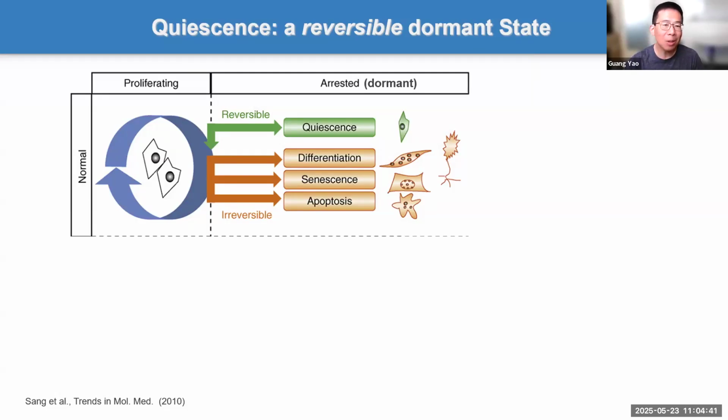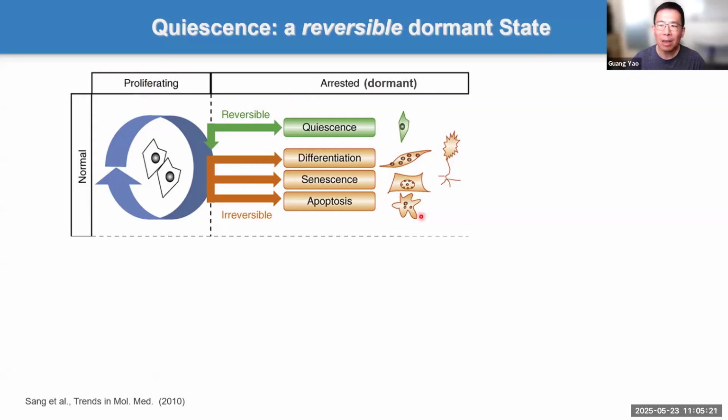And actually, anybody knows what percentage of cells are in the cell cycle while we are talking? It's a very small percentage. We know a lot about the cell cycle, but roughly less than 1% of the cells in our body are in the cell cycle. So the vast majority of the cells are not in proliferation. Let me turn on the pointer. So here, proliferation, we know a lot, but only 1% of our body cells are here.